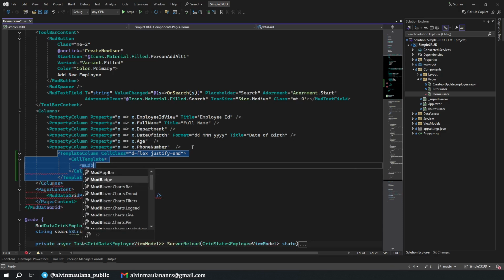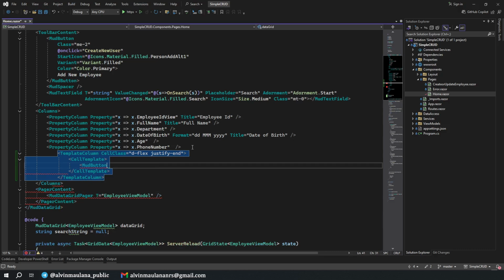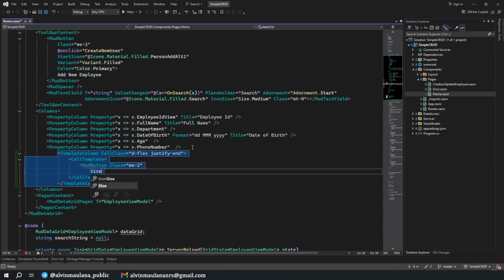Mat button. We have a class for margin, this is margin right, and then we can set the size to small.